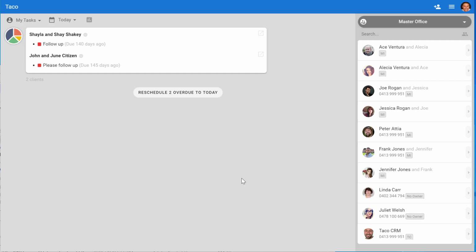Hey guys, in this video we're looking at the entire responsibility of someone who's in a submissions role, and that includes putting clients into Taco and then setting up a transaction and setting it up for the following processor to take over. So we're going to start just by going to the add icon at the top, and we're going